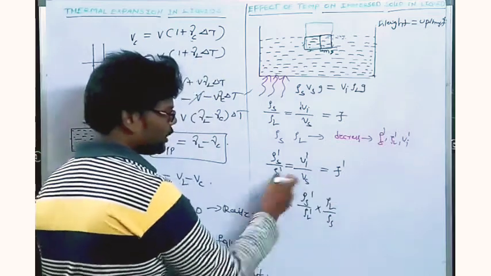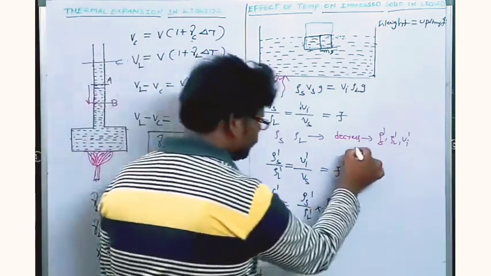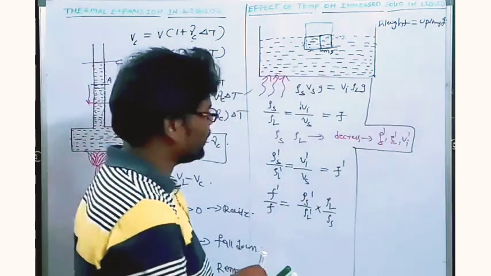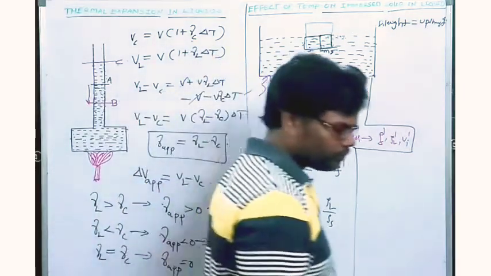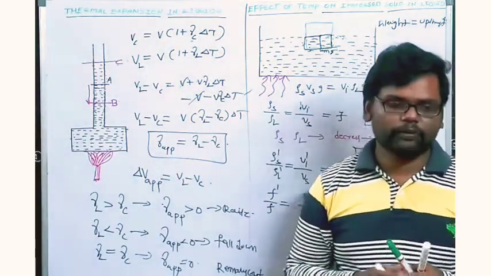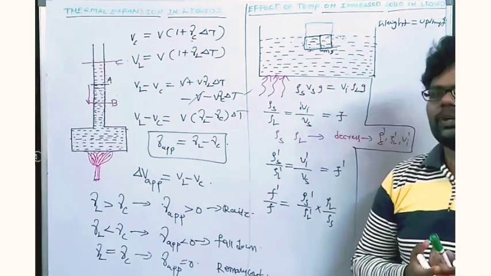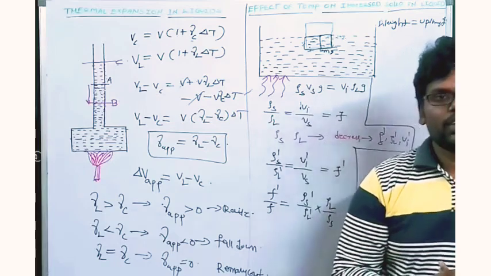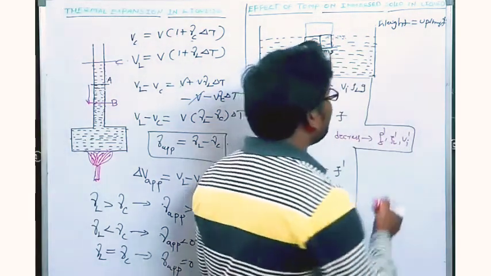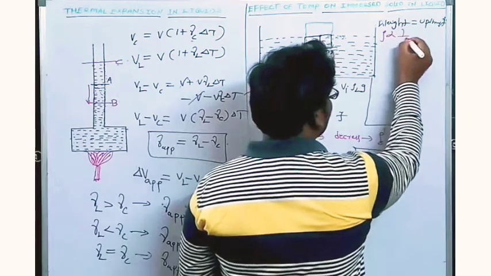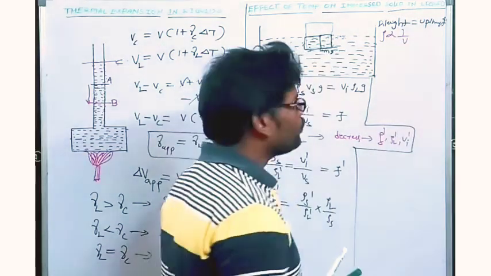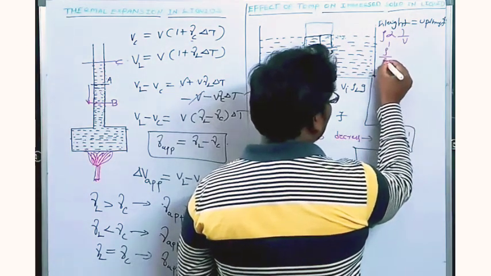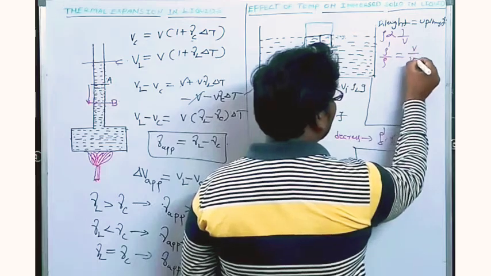So if you want to expand this situation, we need to know one concept, that is the effect of temperature on density. As we know, the density formula is rho equals mass per unit volume for three-dimensional objects, right? So if the mass is constant, density is inversely proportional to volume. So after giving the temperature, rho dash by rho is equal to V by V dash,